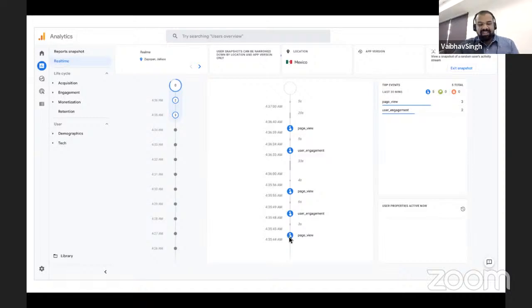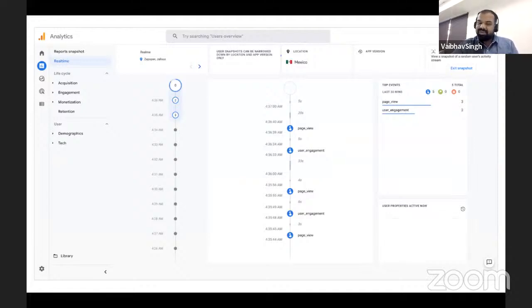So you will be able to track the whole journey of the user for as long as they are on your website. And when I say website, I mean multiple websites also, but only if the tracking code is the same. So not only cross-domain, but the whole life cycle of the user is tracked, and you will be able to identify how much time a user is spending on one particular page, and at what moment the user is clicking or doing some engagement activity on your web pages.